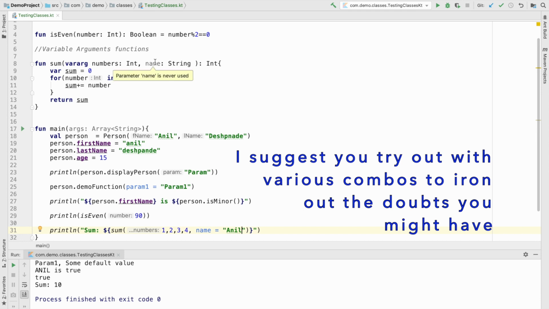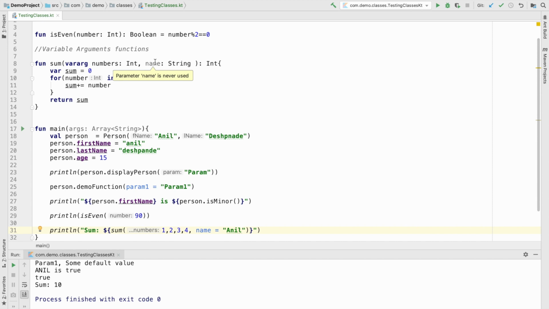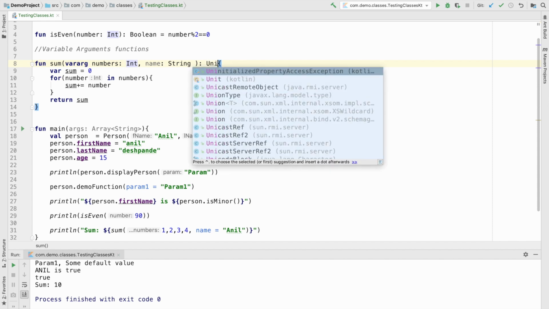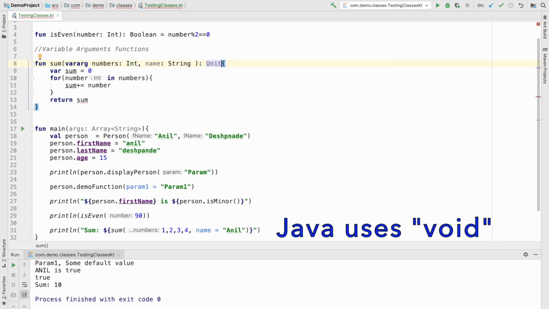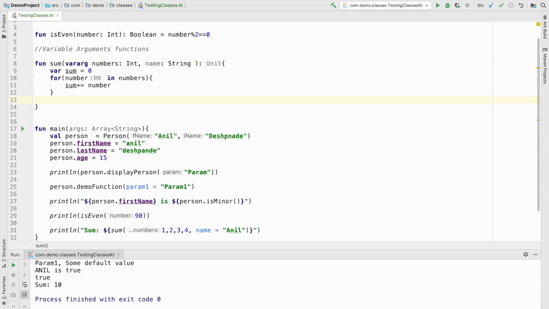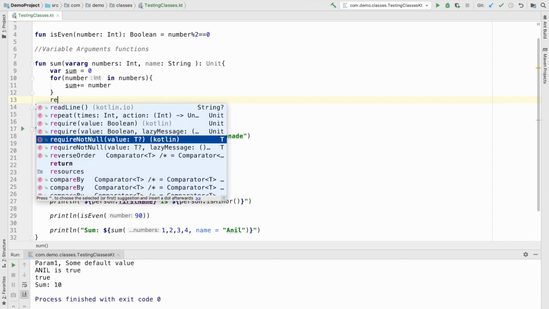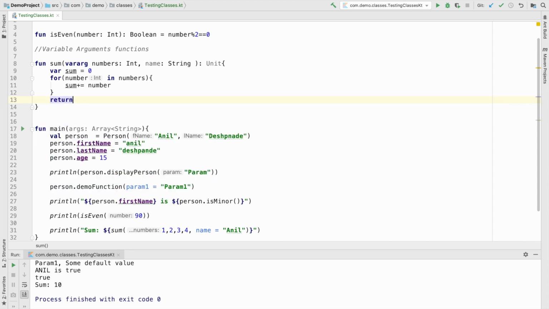Another important aspect that you should remember is, so far our functions, whenever they are returning, they need to declare the return type. But what if your function doesn't return anything? In Kotlin, we use something called Unit that is similar to void. So what this basically means is you can basically stop returning anything from that particular function, or you can just write a simple return without specifying the value that you want to return from that particular function.